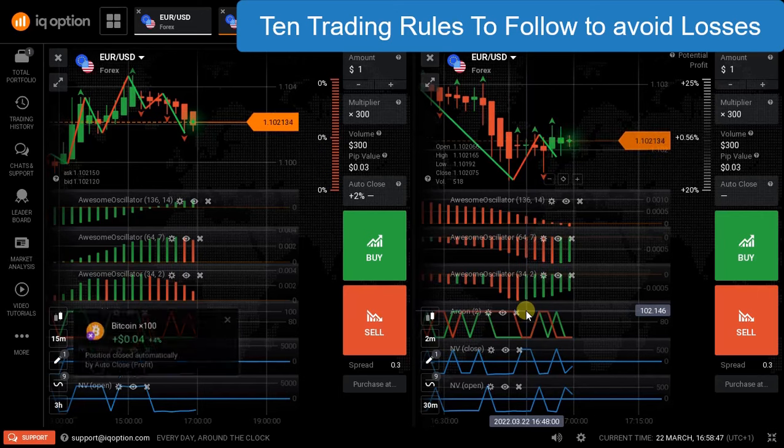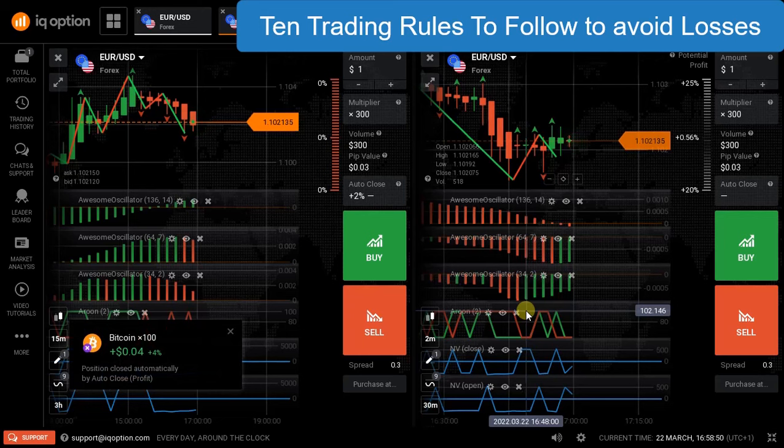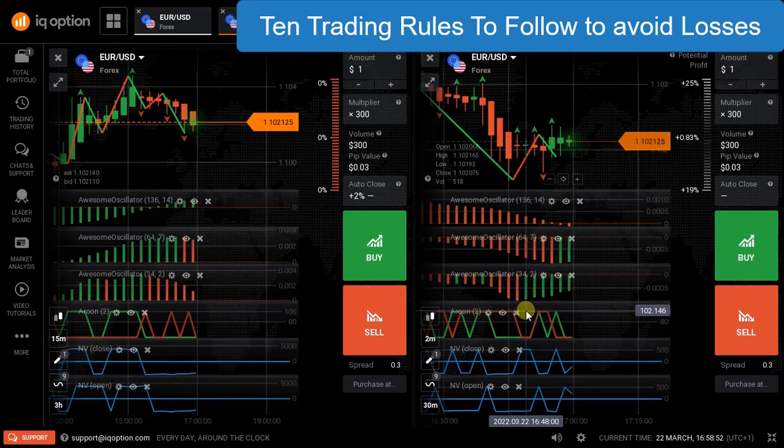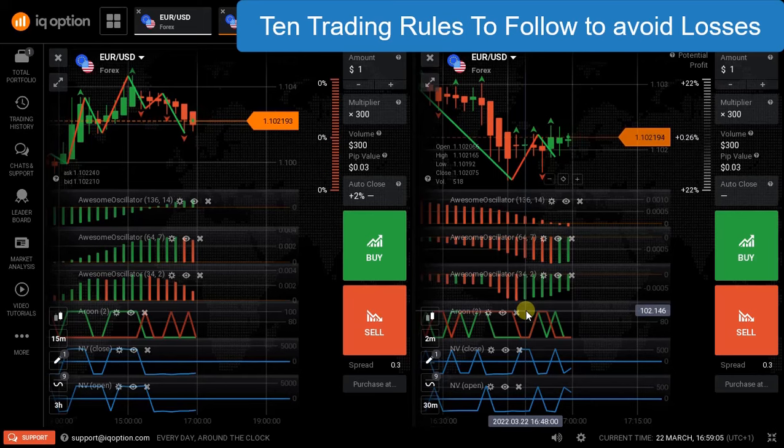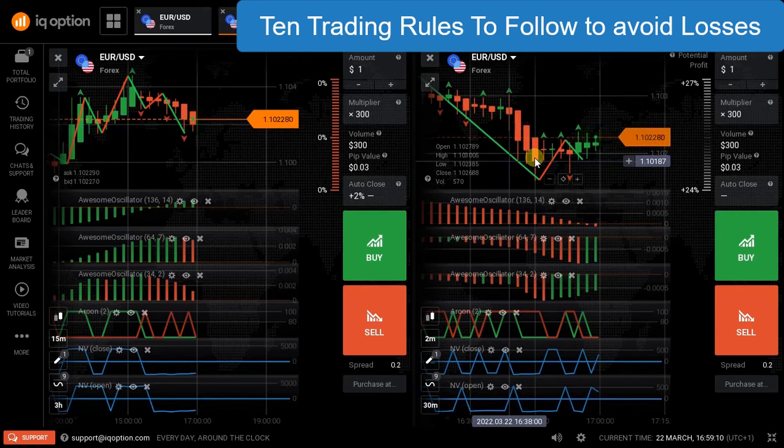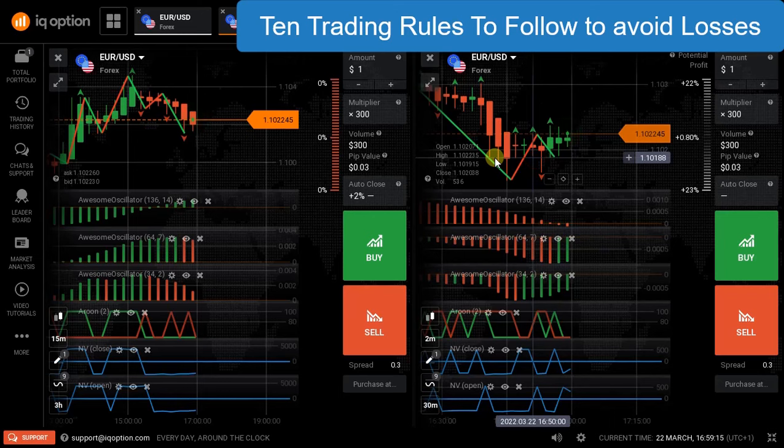So for example, if you are in 15-minute interval and you are making your bids in 15-minute interval, make sure if at all you're given an entry point in 15-minute interval, please, before you enter that entry point, check the below intervals. For example, if you're working in 15-minute interval, ensure to check on 2-minute interval or 1-minute interval, and ensure that you have the same entry point that you've been given in 15 minutes. So you must have the same entry point in a relatively lower interval. So that's it. We can move on to the next principle, which is